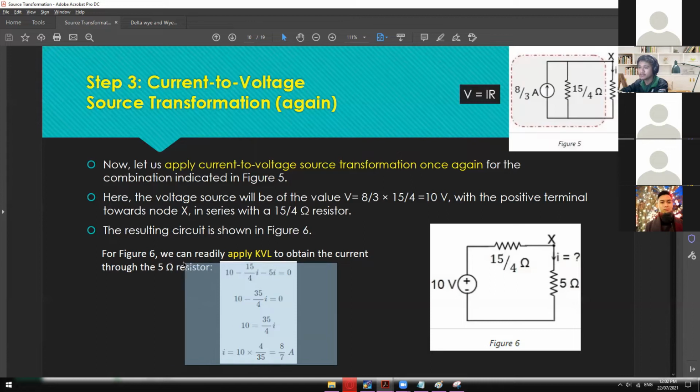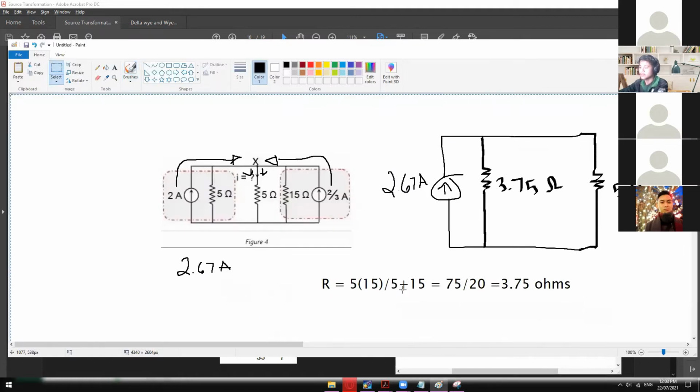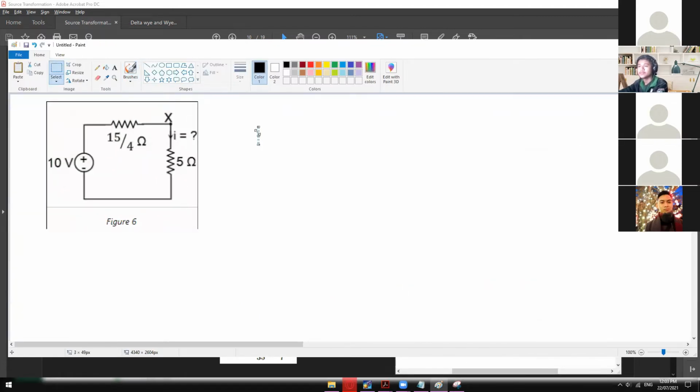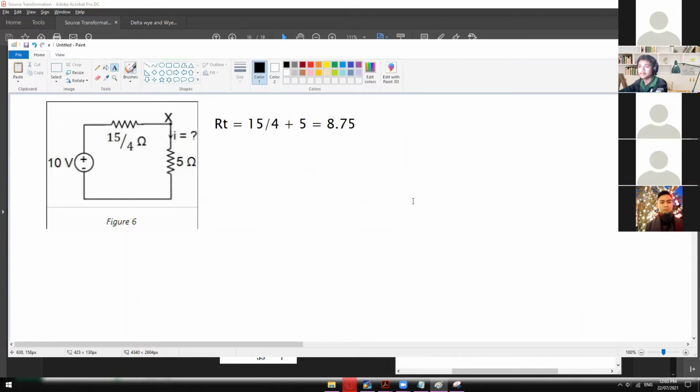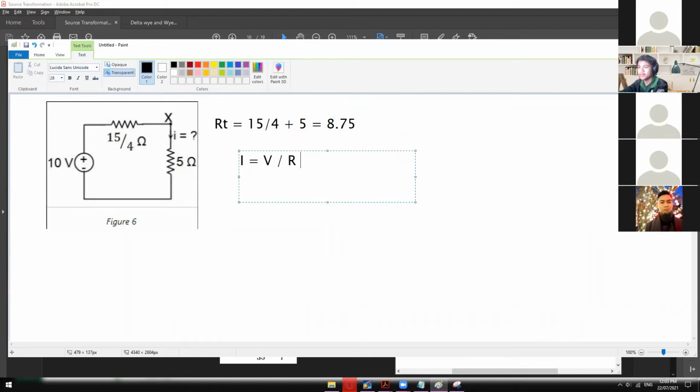I will not explain the KVL part anymore since it's already here. You can go back and analyze this one again. But just to show you the Ohm's law formula, since I mentioned a while ago that we're going to purely use Ohm's law, the RT for this one is equal to 15 divided by 4 plus 5, which gives us a result of 8.75. And then in getting the current, I equals V divided by R. So V is 10 divided by R, which is 8.75. So this will give us the result of